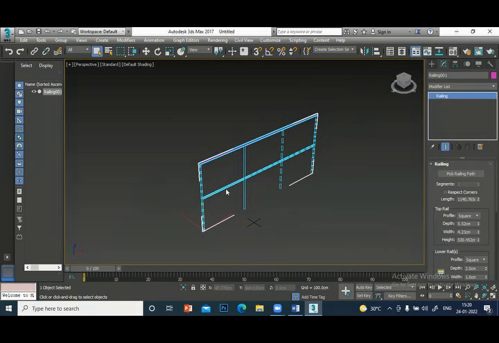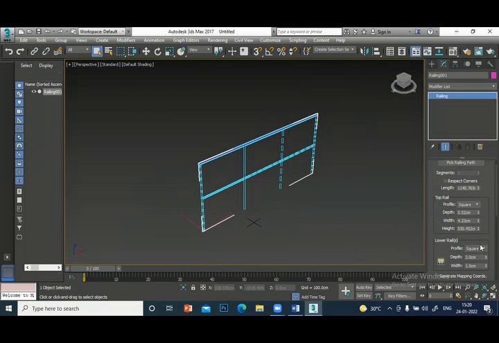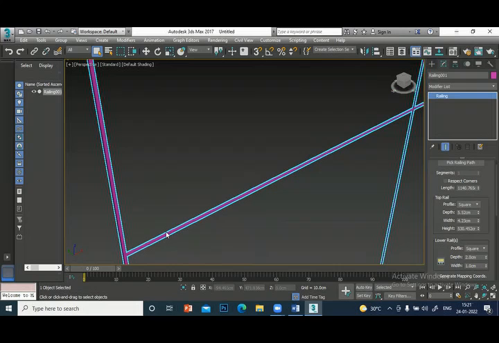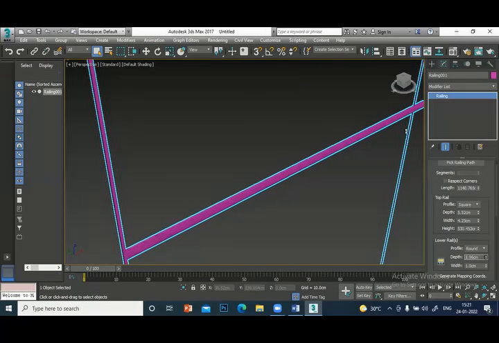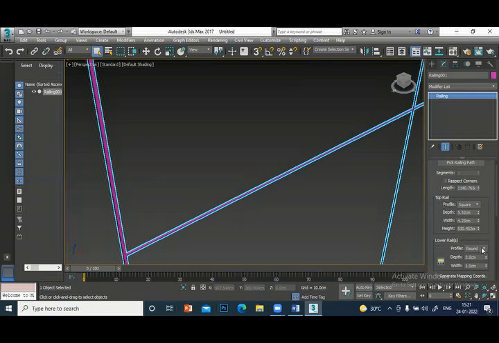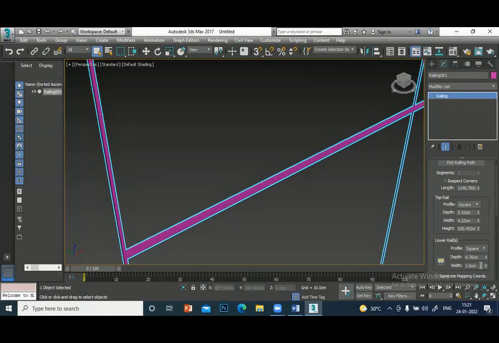Lower rail, this is lower rail. Again, this is the lower rail. You can convert into round or square type. You can increase the diameter of that. Square, you see, depth.